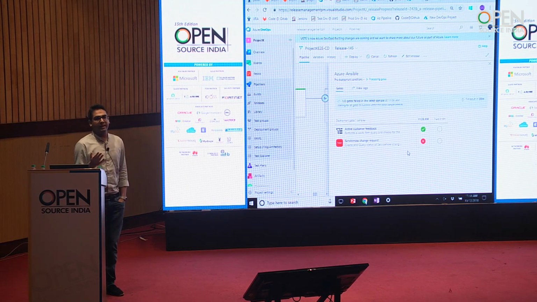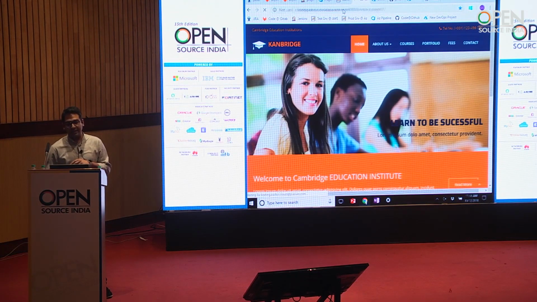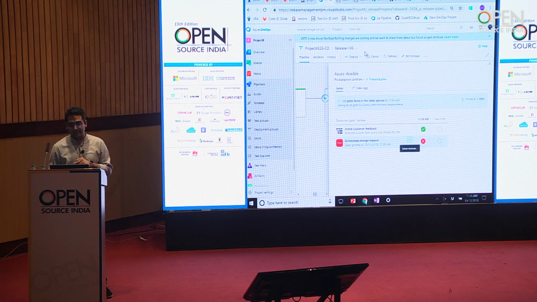And this could be anything, right? This could be manual testing, or automated test cases. So in case there had been a test case over here and the test case had failed, the deployment would have failed. For the sake of this demo, I'll ignore this gate for now, saying that I know this is the right change, I have done that, so let's ignore it. And this will basically do the next sampling. It does the next sampling in 4 minutes. Till this is done, the deployment is happening. This deployment is happening using Ansible. So let's double click on how the deployment is happening, and then we can come back to that in a couple of minutes.